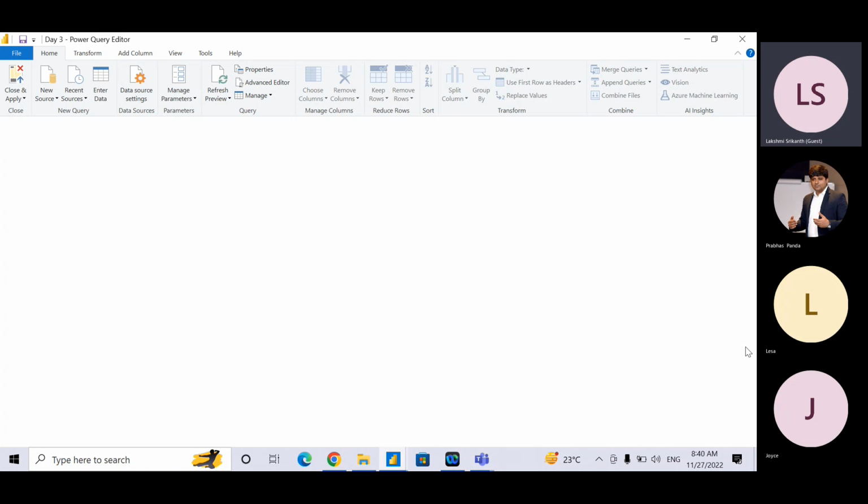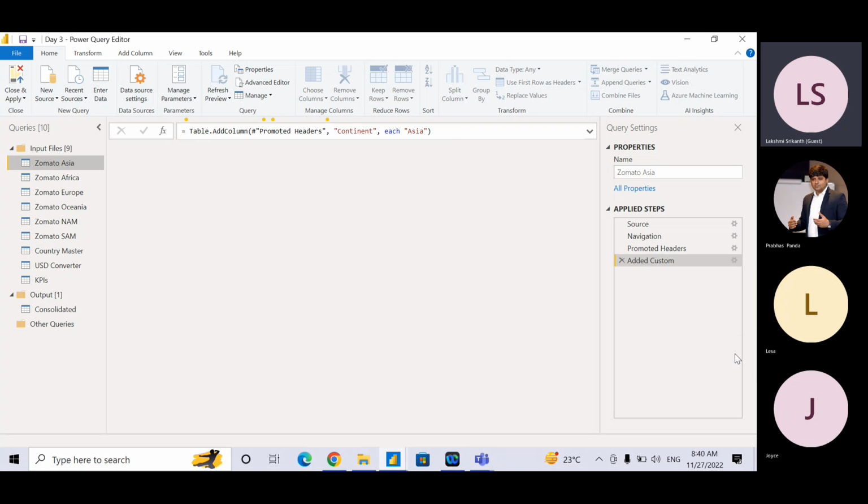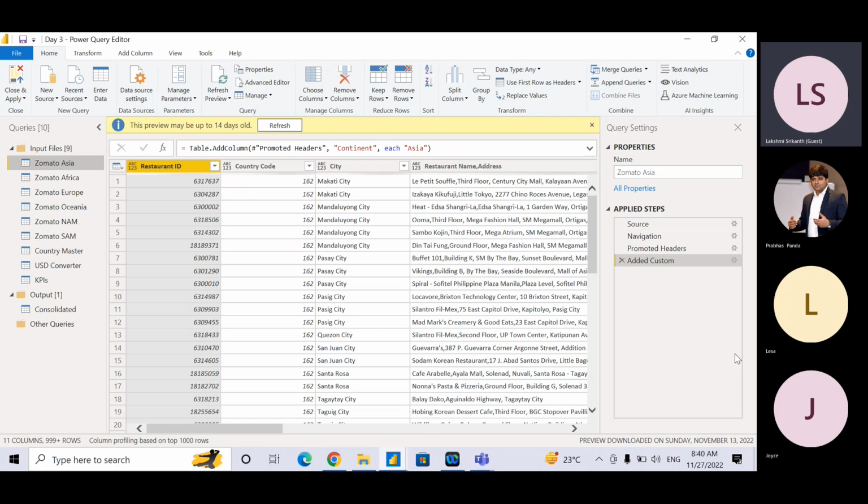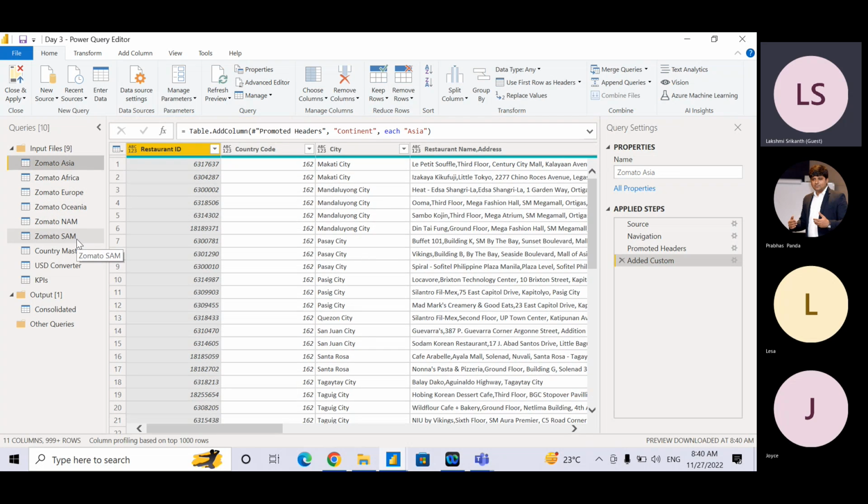Since it's been a long week, there is a long gap. Let me just reiterate the things. Initially, we loaded each of the individual files from different folders, like the different continents, which are Asia, Africa, Europe, Oceania, NAM, SAM. While we loaded each one of the tables from the folders,